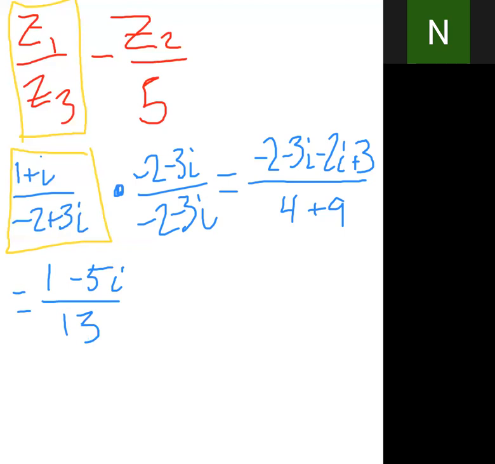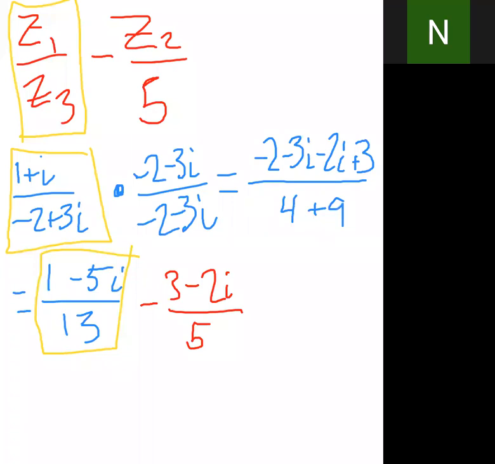Now that's just the yellow box, but I also have that Z2 divided by 5 term. So if I'm subtracting two fractions, that means I know I need to have a common denominator. So I'm going to multiply this one by 13 over 13, and I'm going to multiply this one by 5 over 5. Okay, so when I multiply all of that out, I end up getting 5 minus 25i,